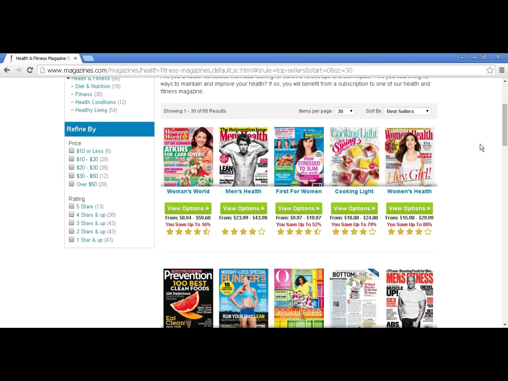And then what you want to do is you want to go through and have a look at what they're talking about in these magazines. Look at the articles, what the articles are being written about. Look at the editorial section and see what's being written about. Go to the letters to the editor section, if there is one, and see what people are writing into the